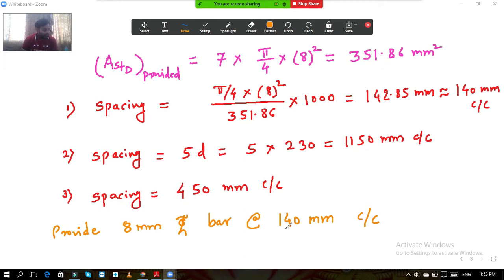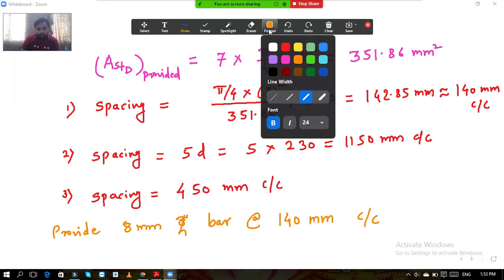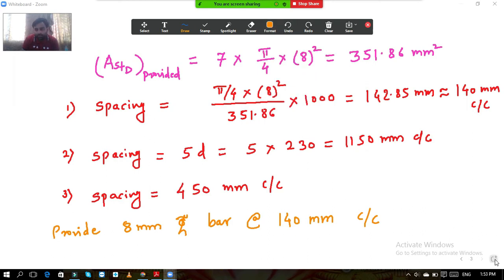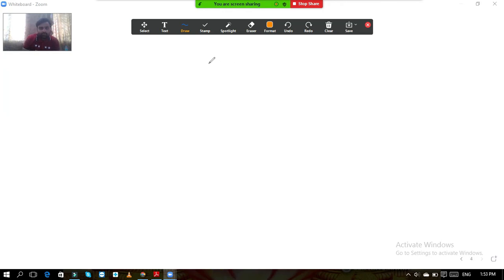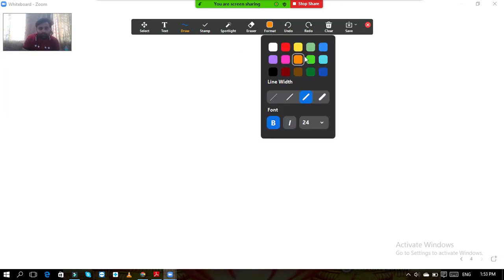Okay, so this is the distribution steel. Now after providing the distribution steel, we will calculate the development length of the bar. Okay, what is the development length? So as you know that for development length,